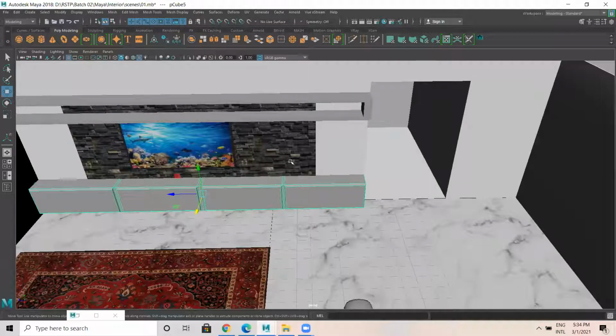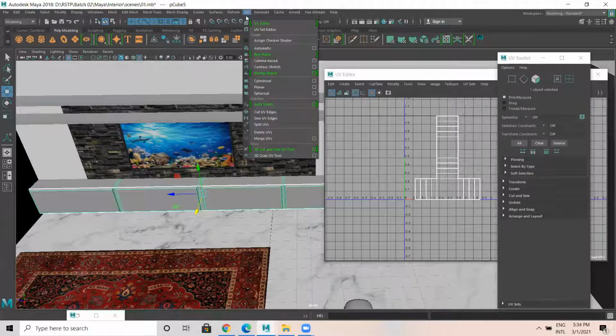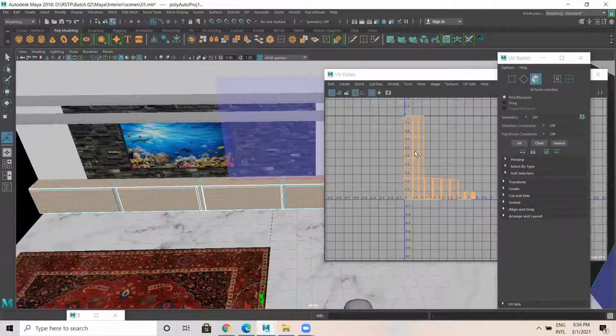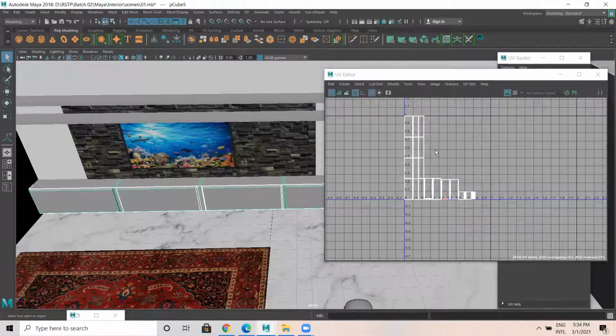Okay, so I'll open the UV texture editor. See, the UV of this particular model looks like this. Now I'll show you, select this model. I'll show you automatic mapping. Go to UV, click on automatic mapping. See, automatic mapping works like this. Select this, each and every face has been split and placed outside.